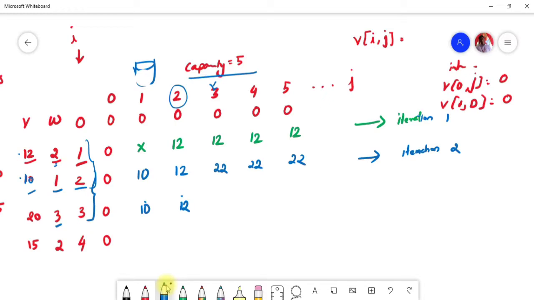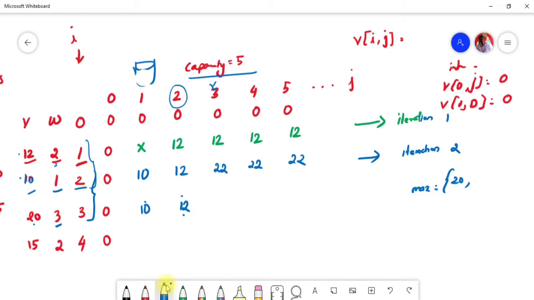For some problems it may differ, right? If the weight of item number 3 is also 2, then you have to change it over here, in this position. So here we don't have that much problem. Here I'm going directly to capacity 3. So here what I'm going to do is find out the maximum value. That means for getting 3, what are the possible solutions? Of course I can use this 20, right? Yeah, because it has the same value.